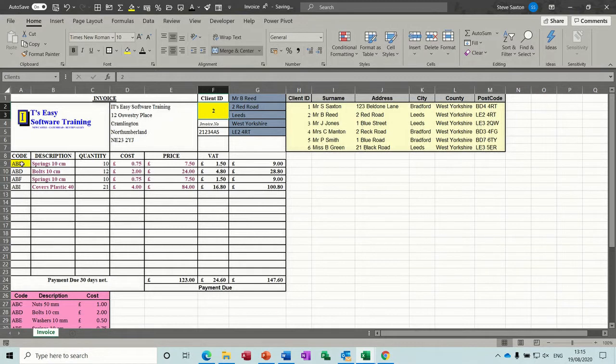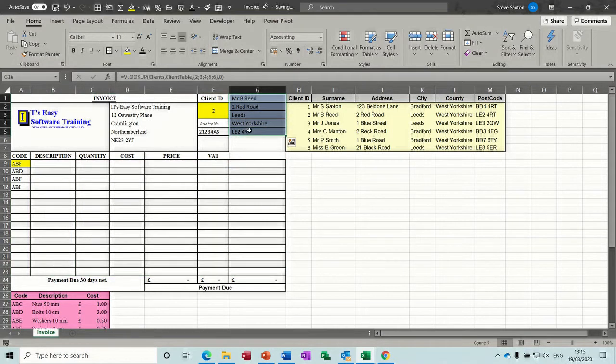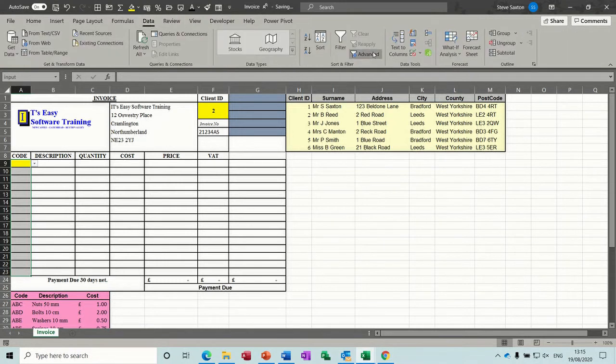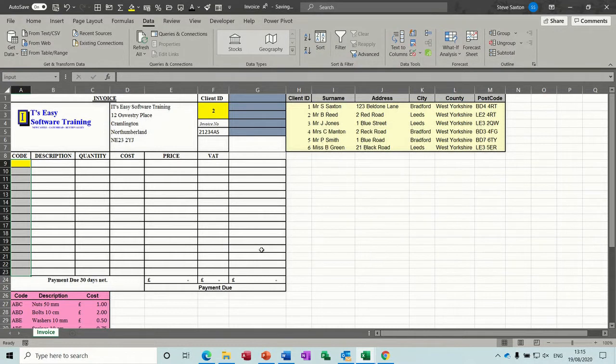Let me get rid of everything. If I delete all of these formulas out of here and delete this formula here, I'm getting rid of all the lookups and the if statements. I'll delete these, and I'll have to delete the data validation, set that to any value. Okay, so now we've got a clean